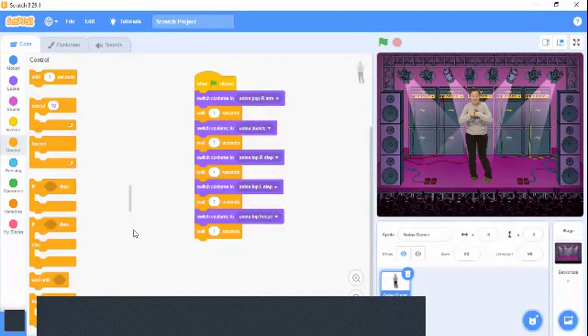I guess music. Music. Okay. So music is lacking here. You can decide to put the music here or at the background, that's at the backdrop. But ideally it's preferable to put it at the backdrop so that you don't have too much code